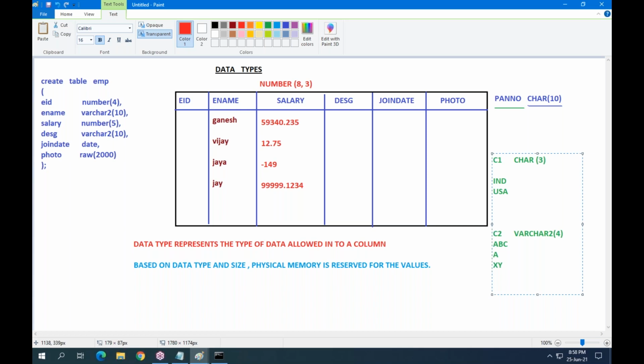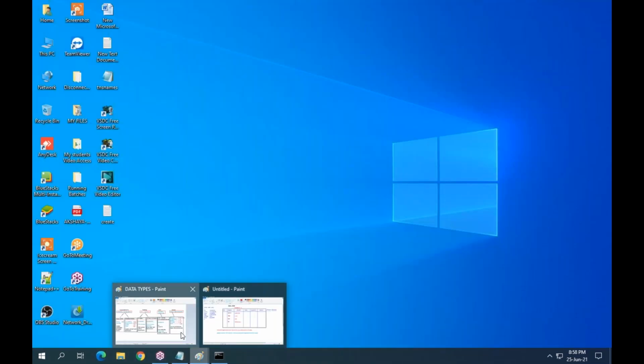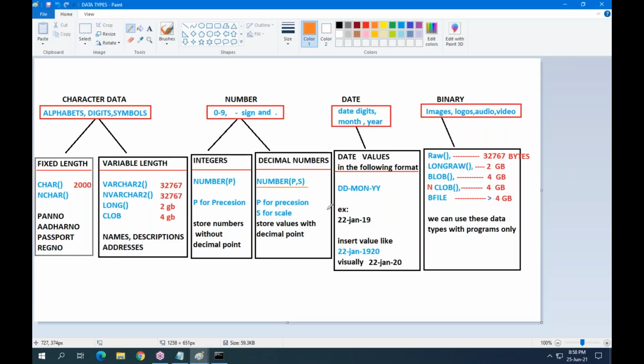Every country code should contain 3 characters. So each value has 3 characters. In that case only use this data type. Hope you understand.